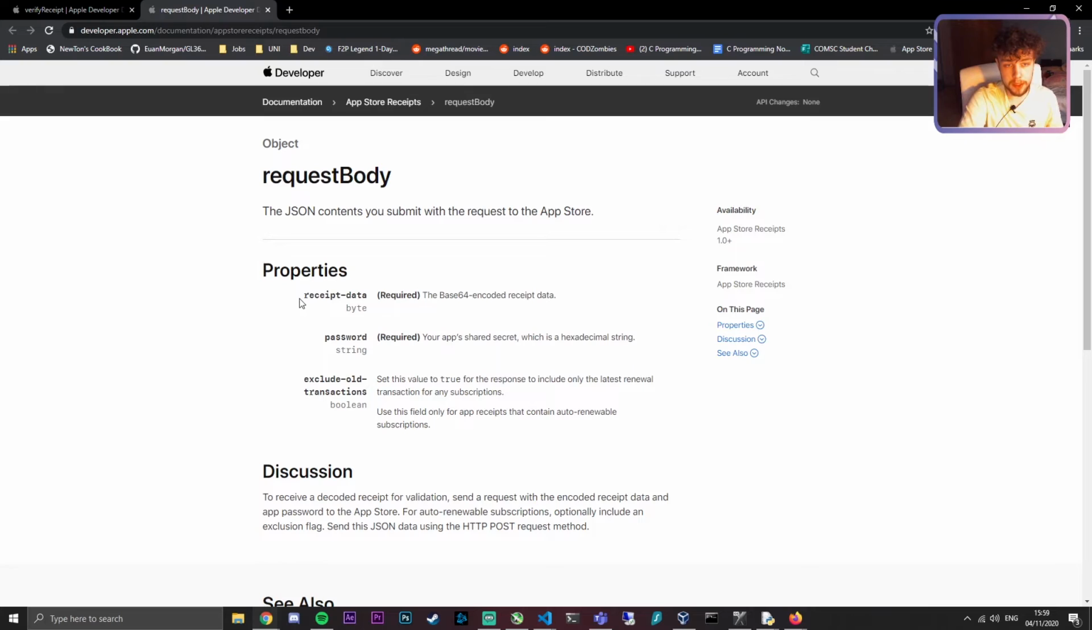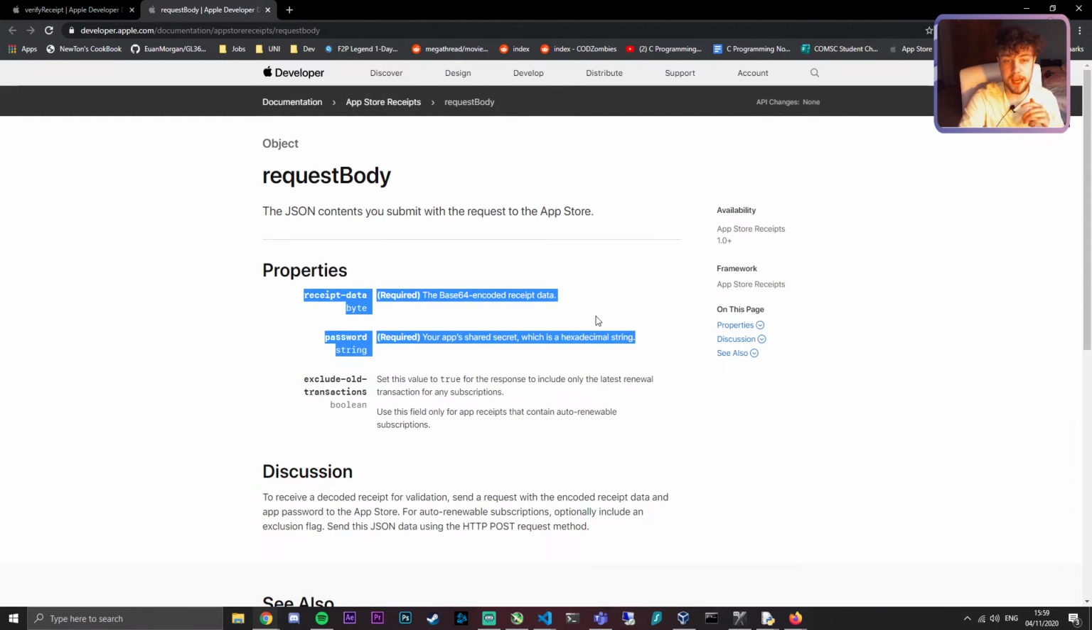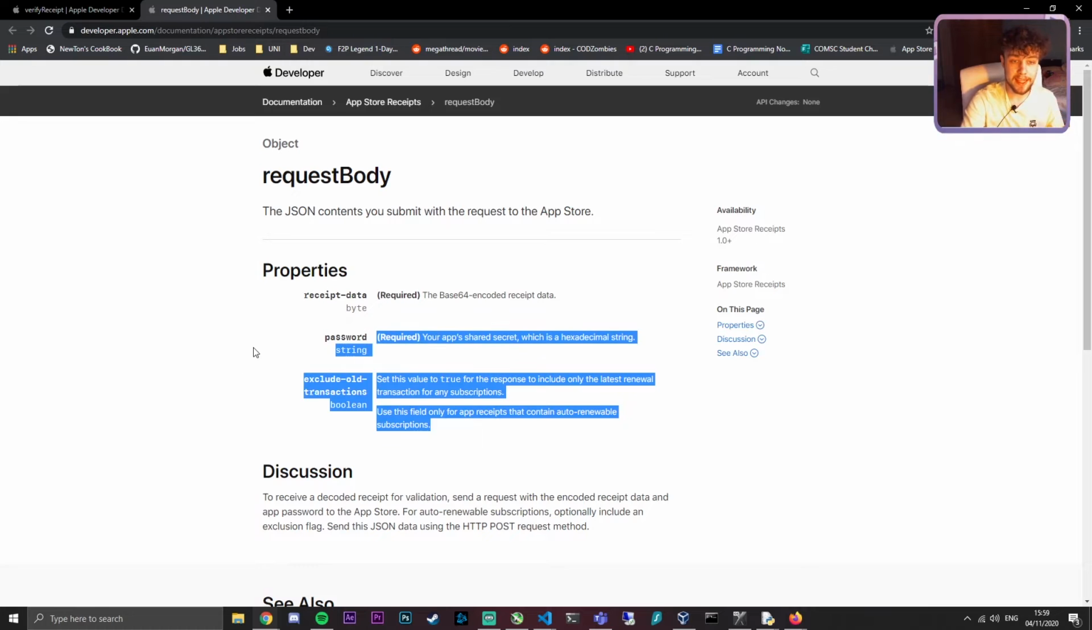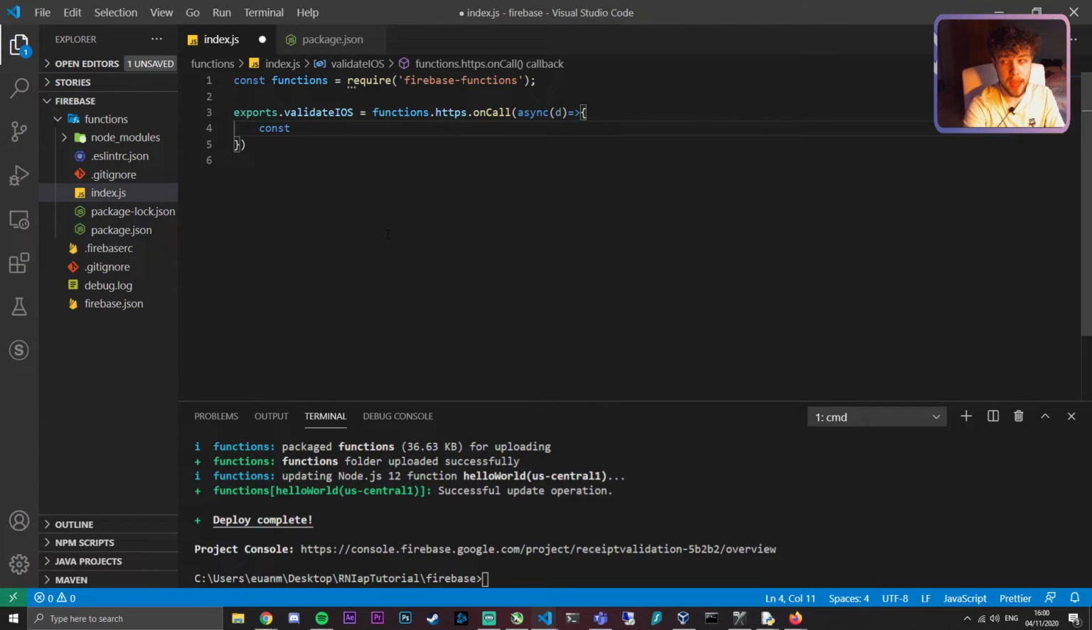and in this body we need the receipt data and the password, which are required, and then this optional thing here. And you might notice that is pretty much the same as what we sent using the validateIOS function in React Native IAP. It's the same data. This exclude old transactions option is useful for auto-renewable subscriptions because it gets rid of the old receipts and only shows you the latest one, which is what we will need. Let's make a const called data, and I'm going to set it equal to